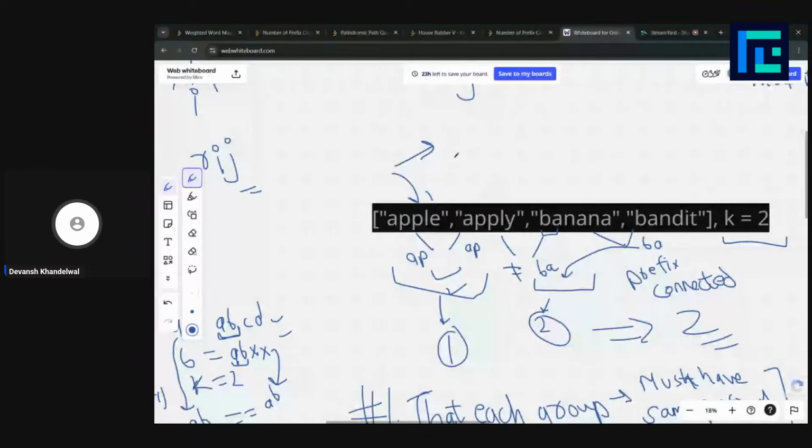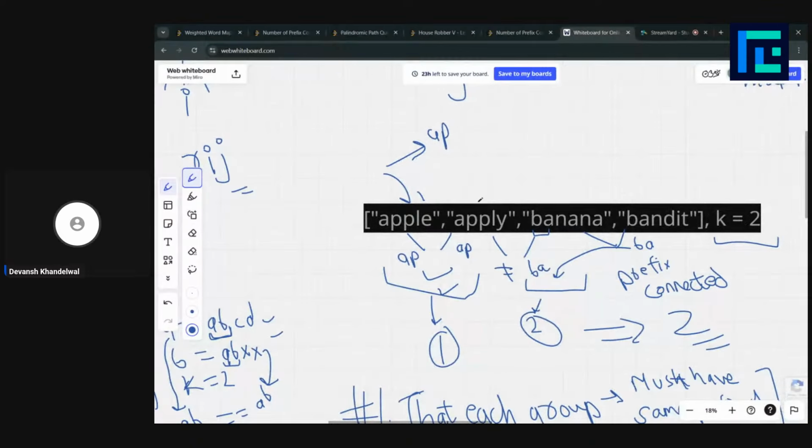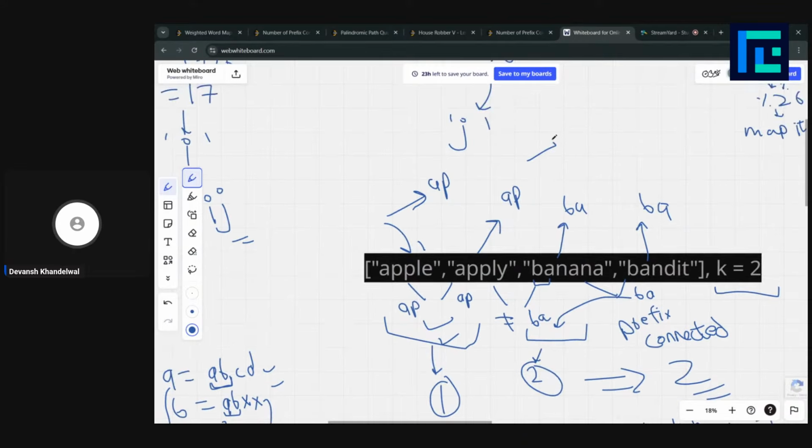The prefix of length k for the string apple is ap, k here is 2. For this one, the prefix of length k is again ap, and for this it's going to be ba, and for this it's going to be ba. And we are keeping a dictionary, where we calculate the number of strings with each prefix.